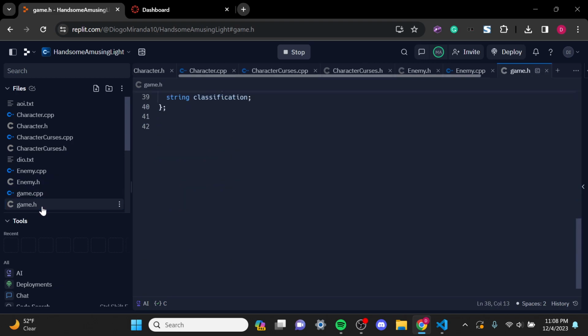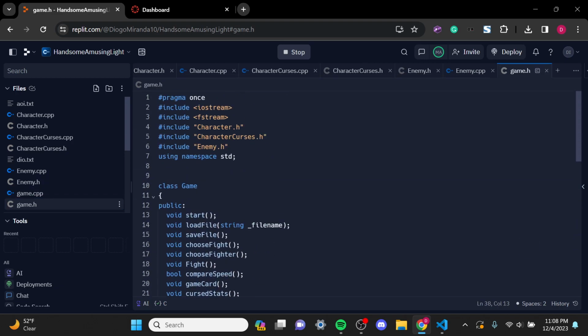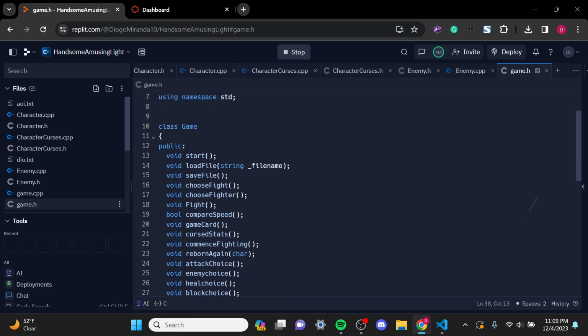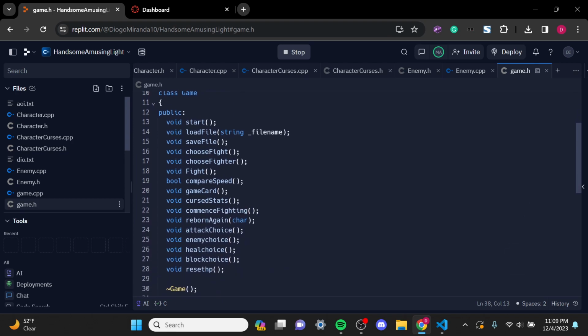For my game header, not my enemy header, for my game header, we have all these functions. For example, we have a destructor all the way at the bottom. We have a start file, and then we have a load and a save file in order to load and save the file. If you choose which fight you're going to do, you have to choose your fighter. You have the fight, so that way you can actually fight, compare speed, a game card, so basically your menu, your curse stats if you really want to check out your stats,